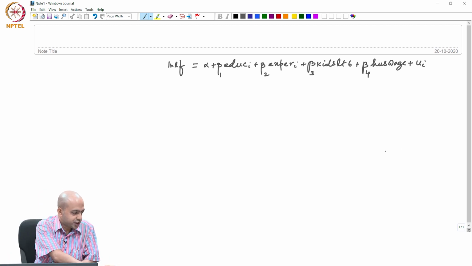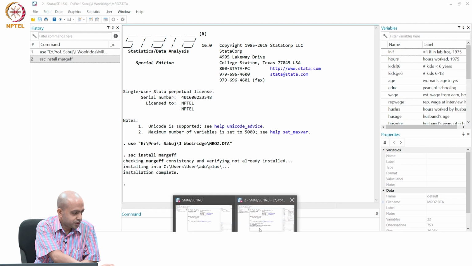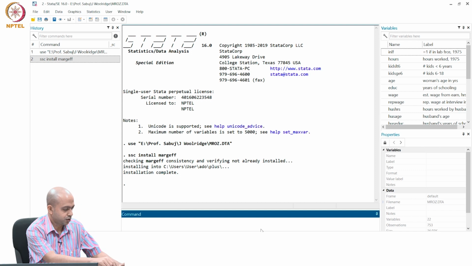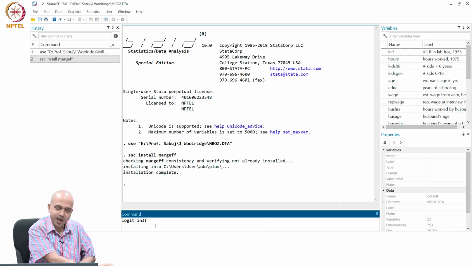model. I will once again estimate the model. So let us see how we can estimate this. What is the command for the logit model? Logit, and then your dependent variable in labor force, INLF, and then instead of typing the variable's name here, you can directly click here also, Stata will take it. Then you have to put education.